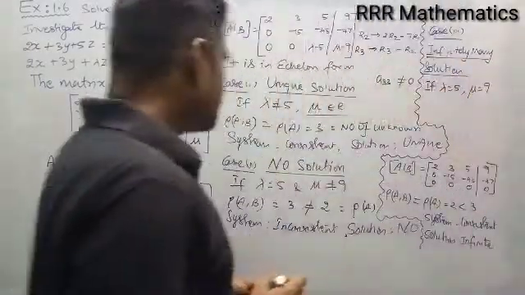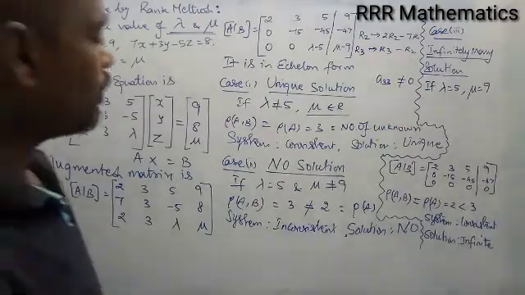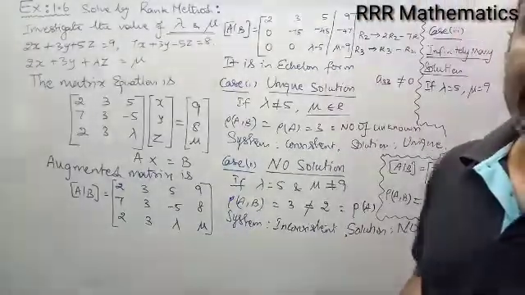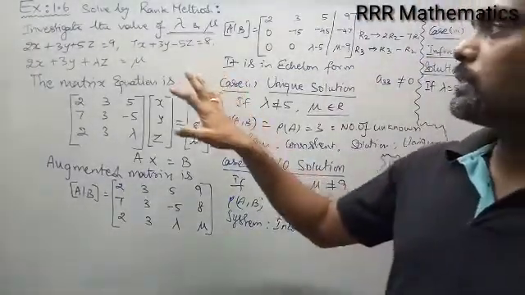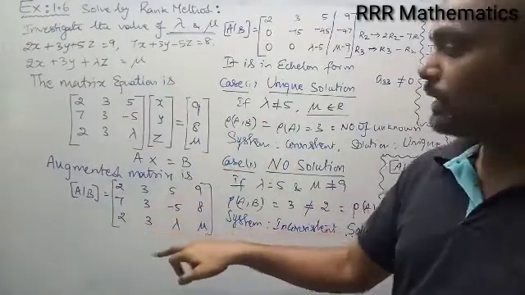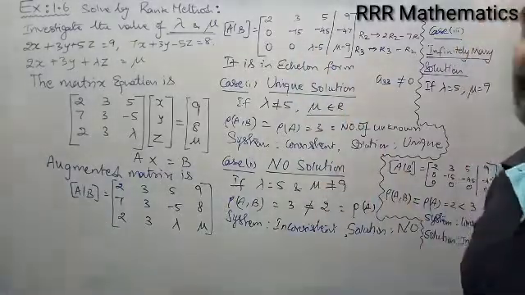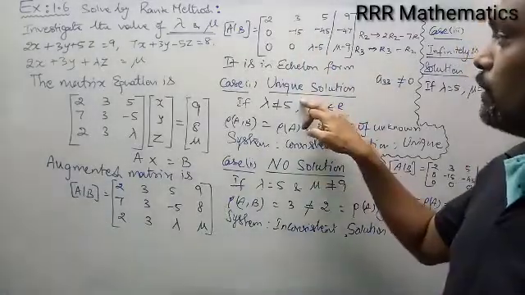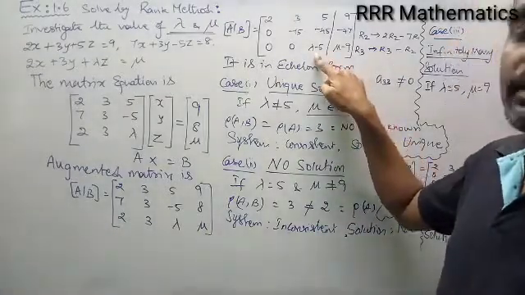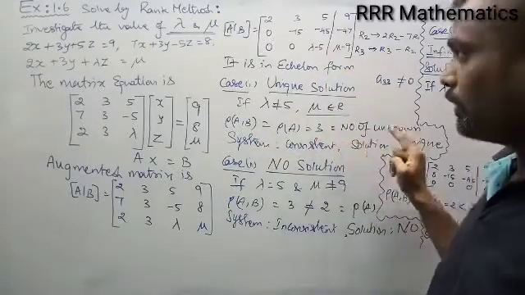Got it? Here we discuss the value of lambda and mu with all possible 3 cases. It's quite common when you solve a linear equation, we have unique solution, no solution, infinitely many solutions. So what is the very first step? In this case I use the rank method: matrix equation, augmented matrix, elementary operations, echelon form. So after getting echelon form, I am going to discuss the value of lambda and mu. So very first I am going to discuss unique solution. You want to remember this a33, third row third column is not equal to 0. The rank of A comma B and rank of A will be equal to the number of variables in this case.